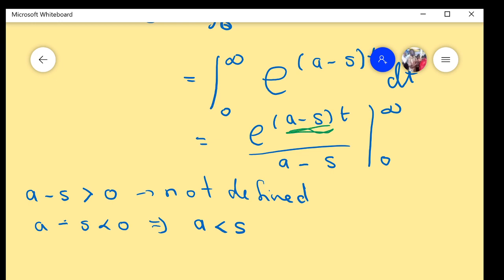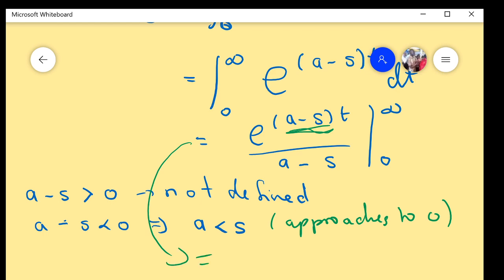And if you have an exponential of a negative value, you realize that it is converging towards 0. It is converging towards 0. So then you realize that this approaches towards 0. That is what you have there. So then with this I can actually solve. So from here we realize that